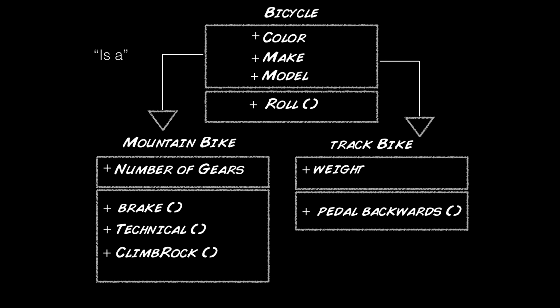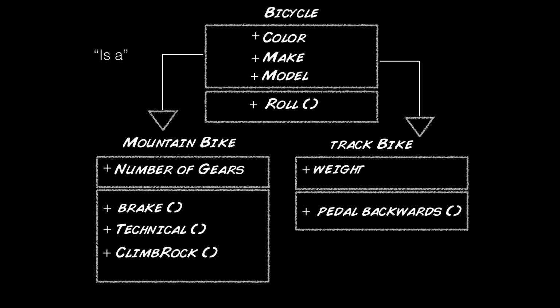All right, so again, this is just bicycle as the superclass, parent class, and then mountain bike and track bike are inheriting from it. The key phrase to remember when you're thinking about inheritance is the phrase "is a." So how do you apply this? Mountain bike is a bicycle. A track bike is a bicycle. And you'll note that we have these two broad-headed arrows drawn pointing downwards. And that is how we symbolize inheritance in